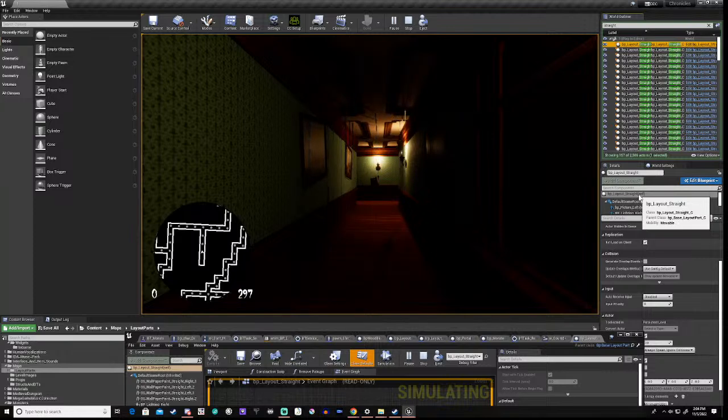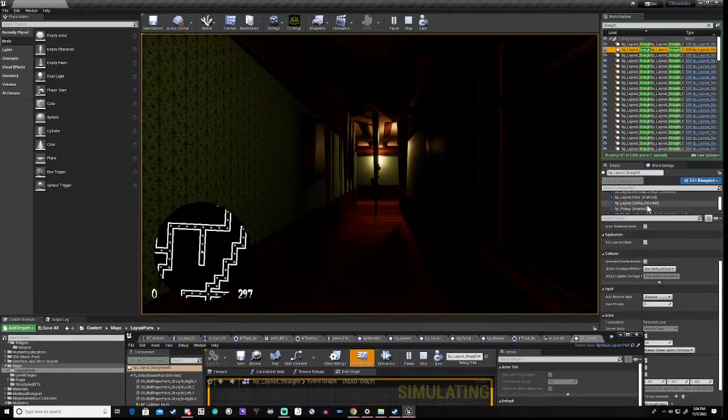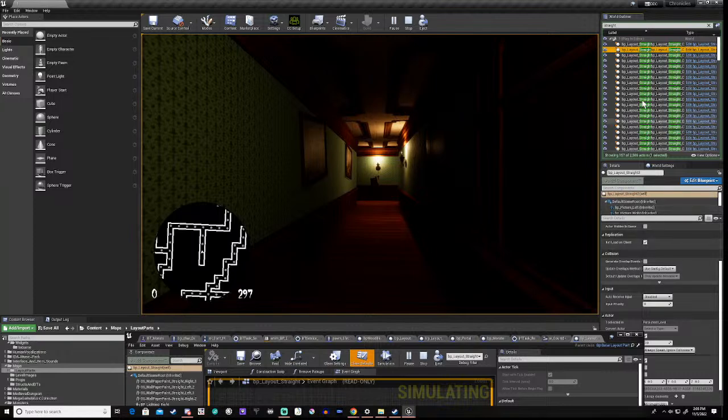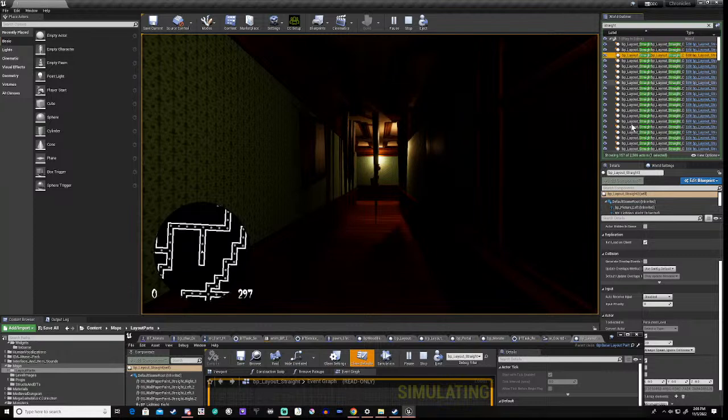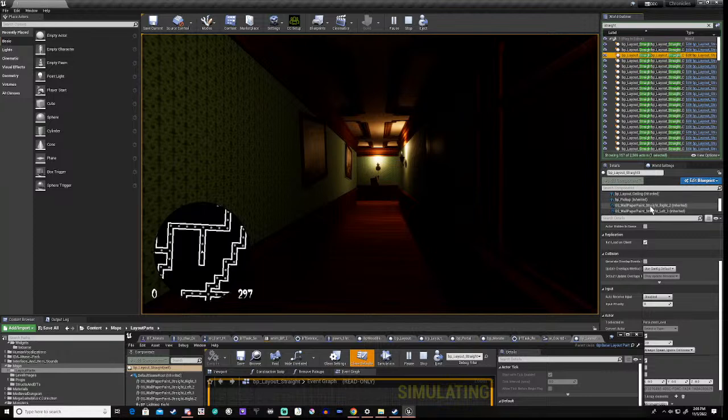And this one, as you can see here, also does not have that wood block. And neither does that. Now that's what I was expecting to see, but